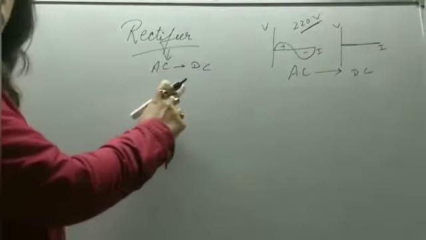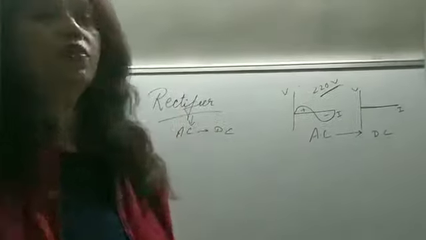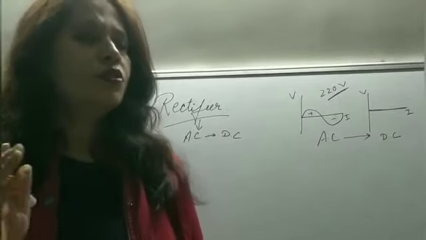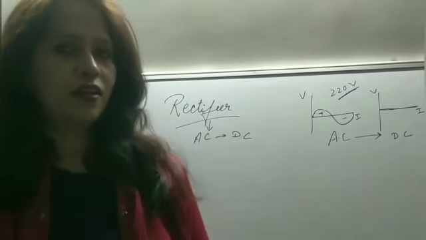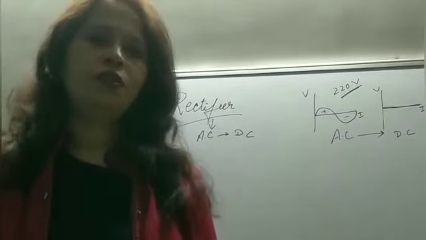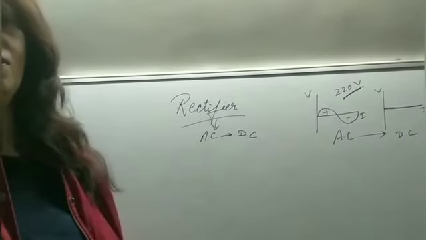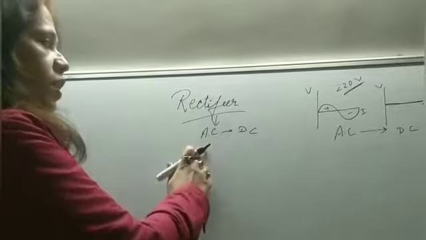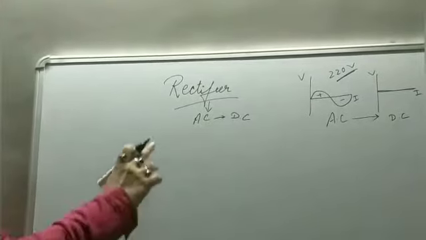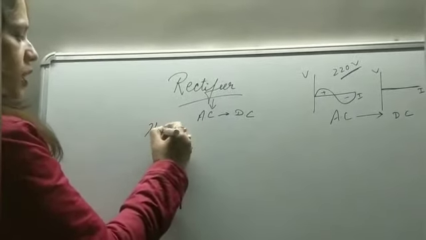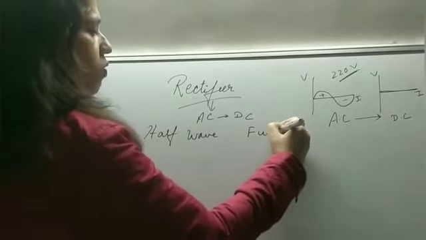The biggest application of the PN junction diode is that it is used as a rectifier. Now I recall during annual day practice, the English teacher asked the head girl, "You need rectification in your speech." Rectification means change. Here also rectification means changing of AC to DC. So today's topic is the rectifier. Here we will be studying first the half wave rectifier and then the full wave rectifier.